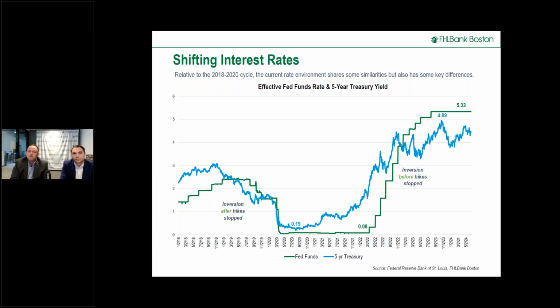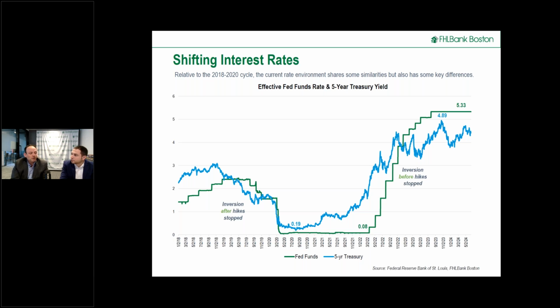Fast forward to '22, '23. The belly of the curve, maybe looking back at the past history, got a little ahead of itself in terms of inverting the yield curve before the end of the hiking cycle. And if you joined us before, you've heard me say this plenty of times, and it was really one of the parts of the backbone of our "don't discount the prospect of higher for longer" view, because we